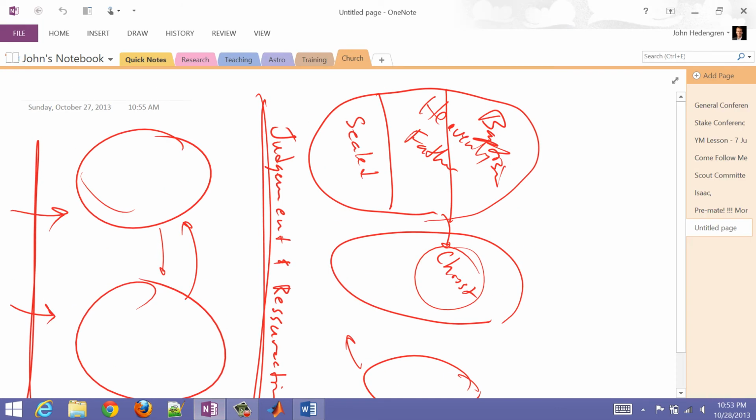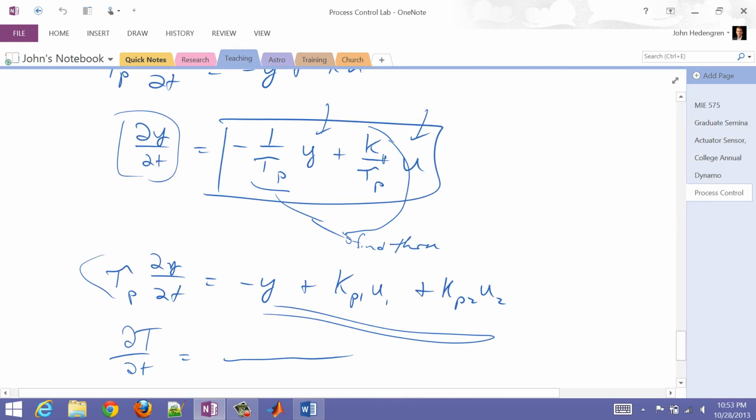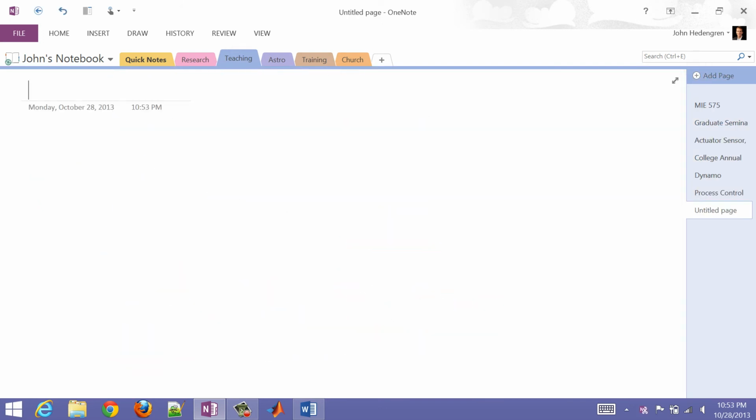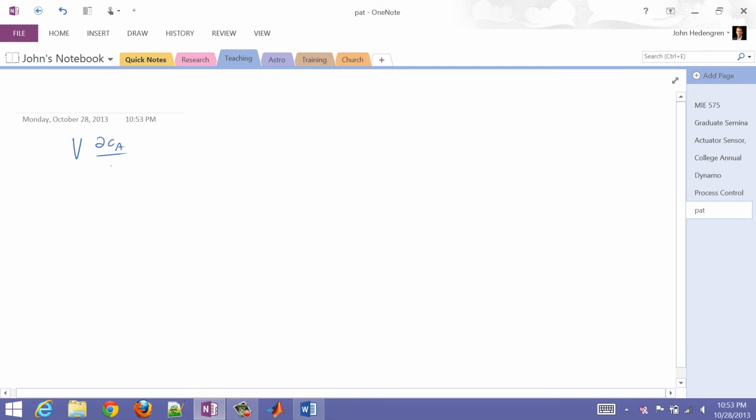Okay, and let me go to teaching. I'll go ahead and add a new page. Okay, so now that I've switched over, let me go ahead and continue this. But what I want to do now is write out my expression. So it's dCA/dt equals Q1